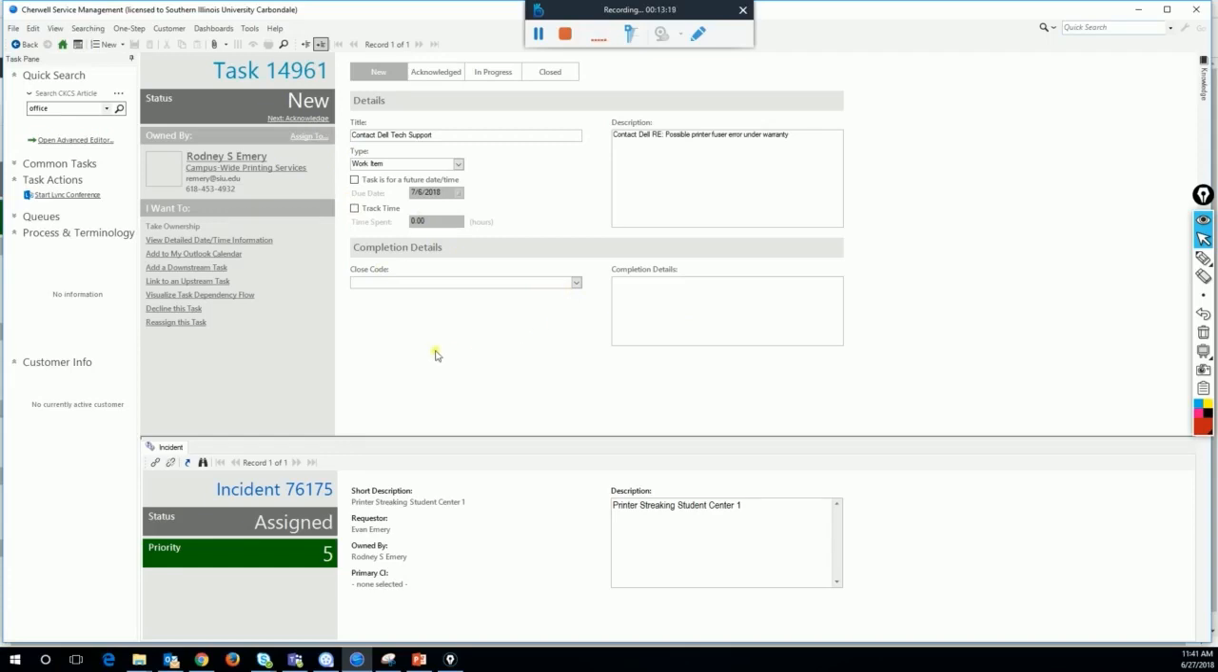What I want to do is, let's say that I've contacted Dell and ordered a new fuser under warranty, express shipping, part due here tomorrow. Then I'm going to click on